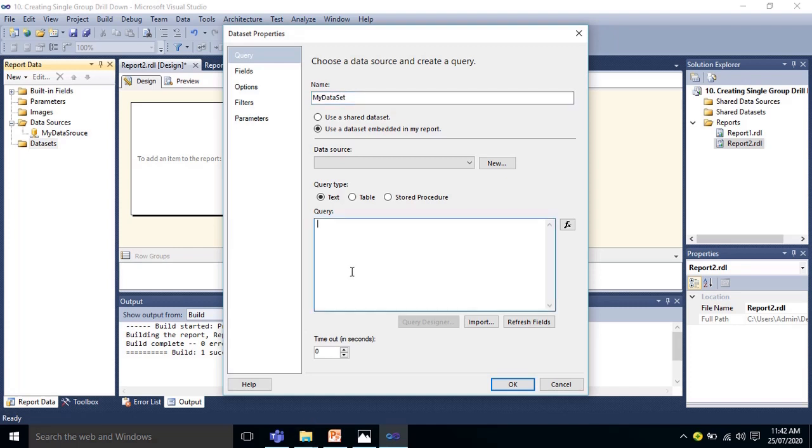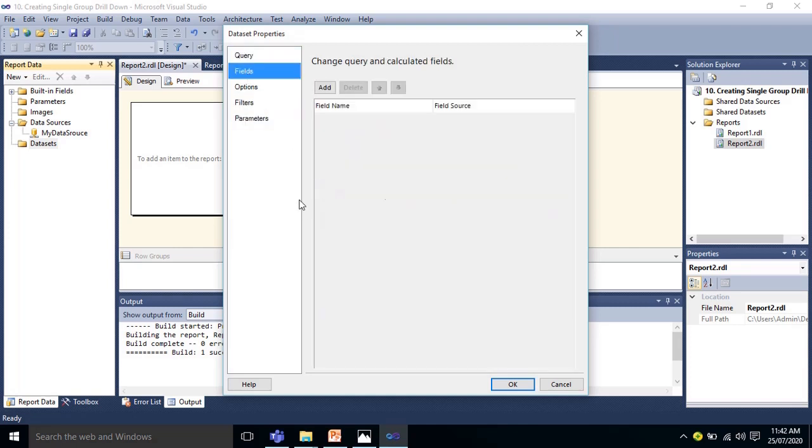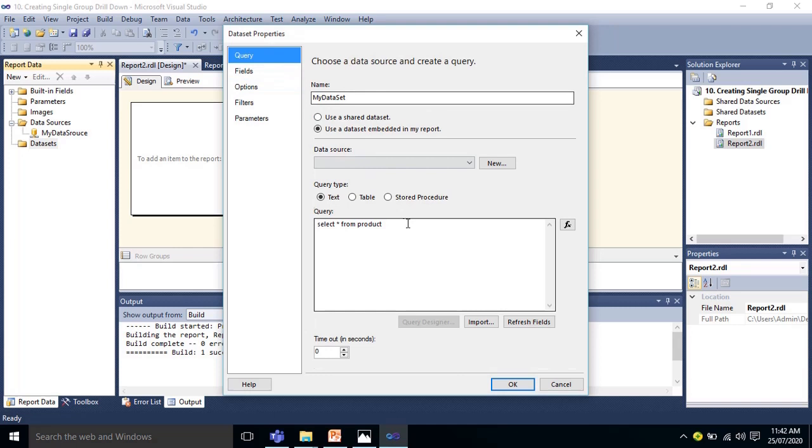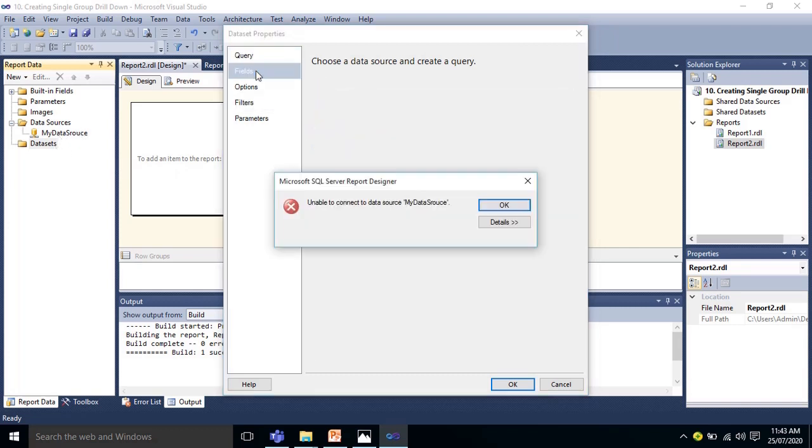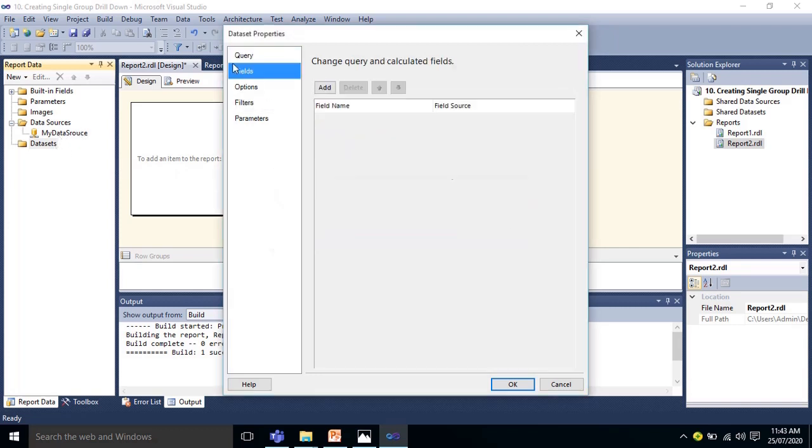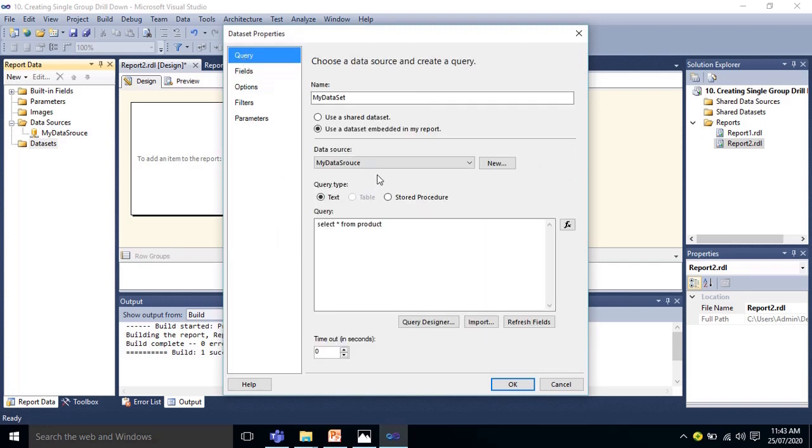We have to mention the query here: select star from product. Let's check the fields. It's not coming. That means we have some issue. Okay, we have to select the data source, which we have created here. Let's check the fields now. Unable to connect to data, my data source. There is some issue, I guess, guys.